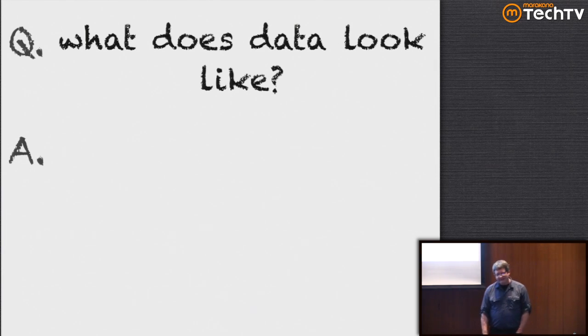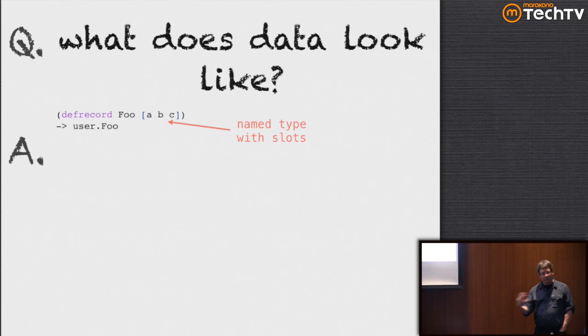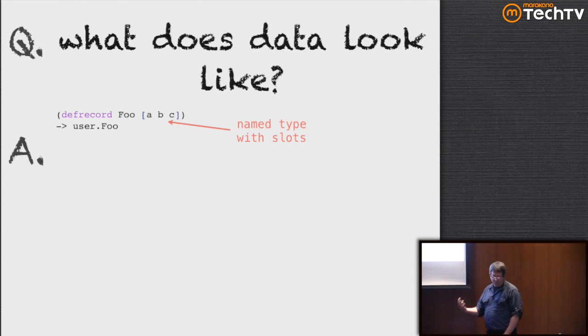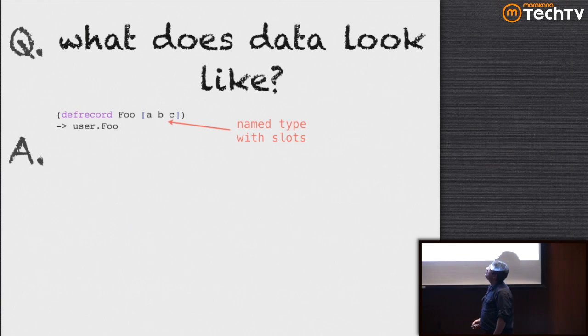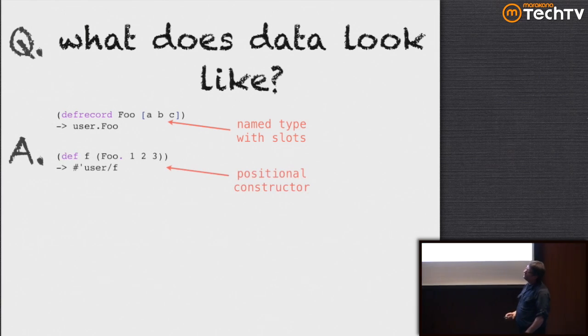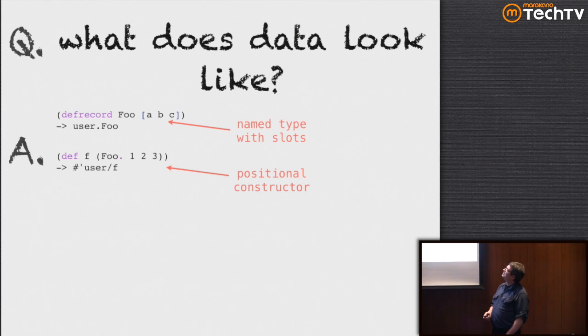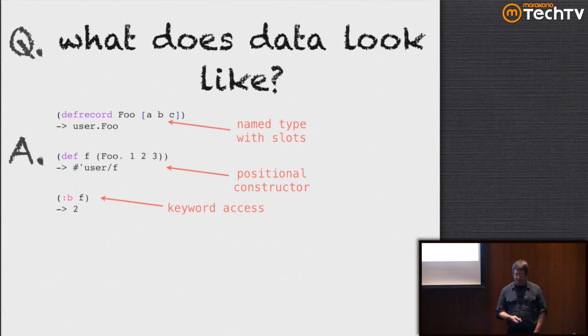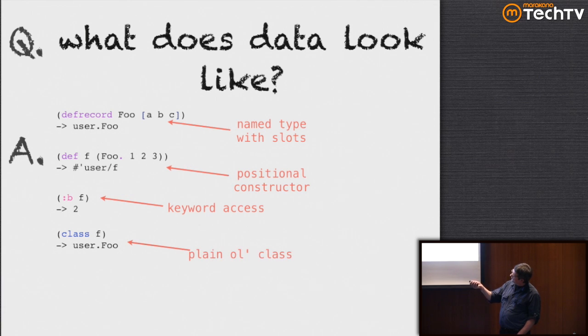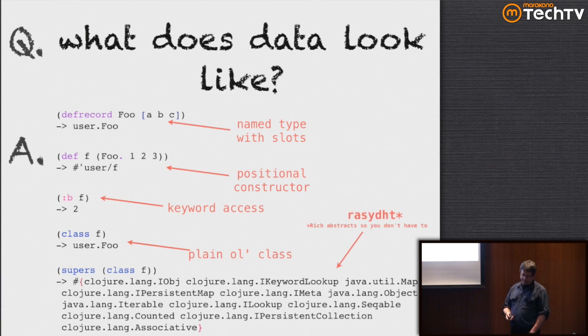So let's look for a little bit about what data looks like in the Clojure world, because Clojure really likes things that are in maps and really very lightweight data structures. But you can map back and forth between this world and the Java world. So let's say, for example, I wanted something that looked like a class, the data parts of a class. This basically creates a name type with slots. So I can now define a foo and construct a new foo object there with a positional constructor. If I want to get values out of f, I can just use the keyword against the data structure and it'll return the value. This is true in maps as well. I can also ask it what class you are and it'll tell me what class it is.